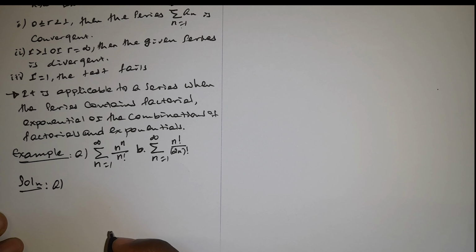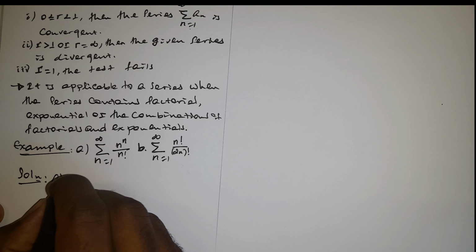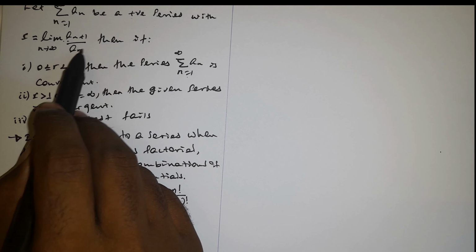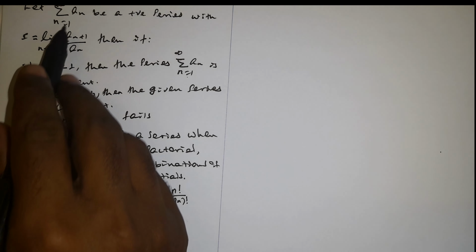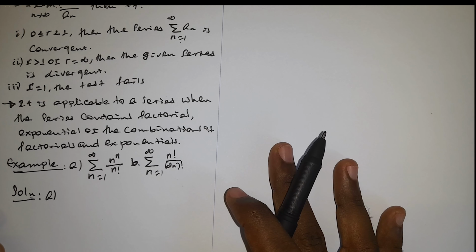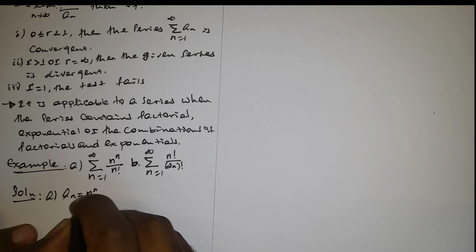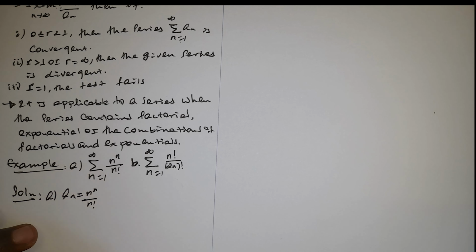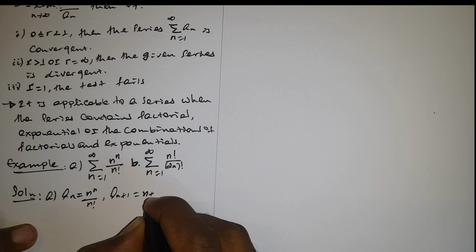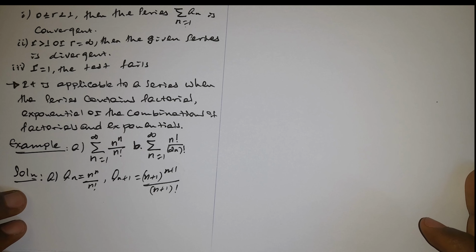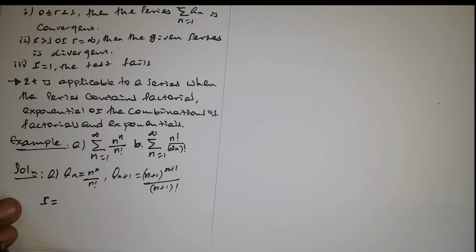For A, we first need to find an plus 1 and an. To find the ratio, an is equal to n power of n over n factorial and an plus 1 is equal to n plus 1 power of n plus 1 over n plus 1 factorial. Then ratio is equal to limit of